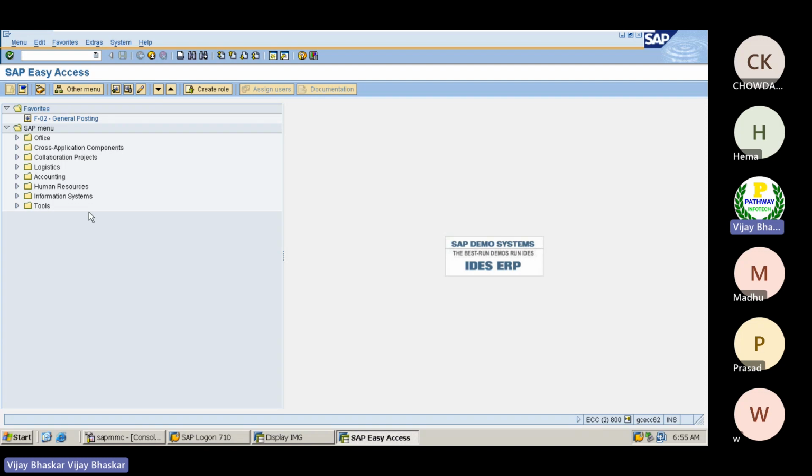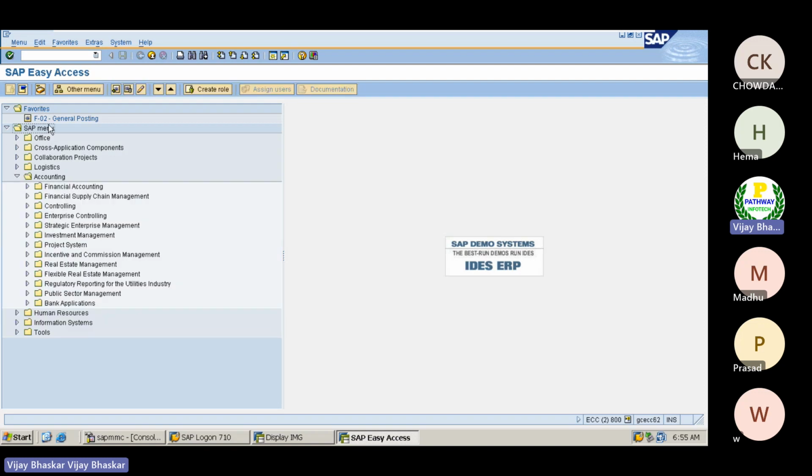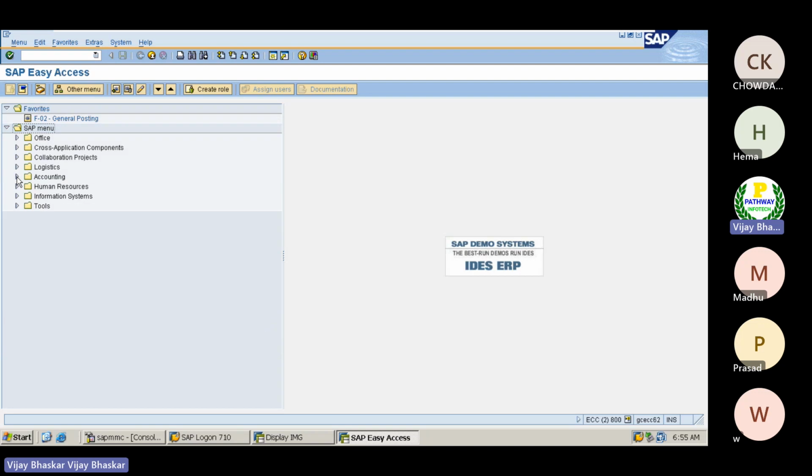Only business users and authorized persons will have access in the production system. Okay, now, this is the easy access. Whenever the business would like to enter some business transactions, they will come back and access this screen. Then the important point here is that when business is going to feed the data into the